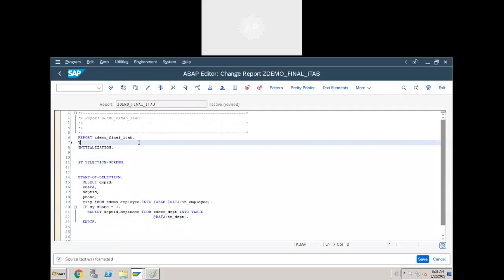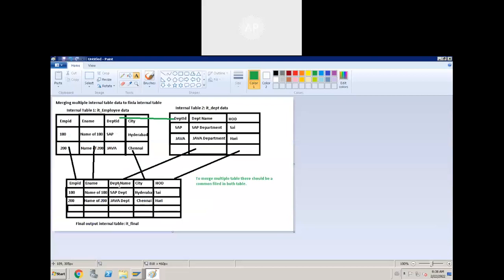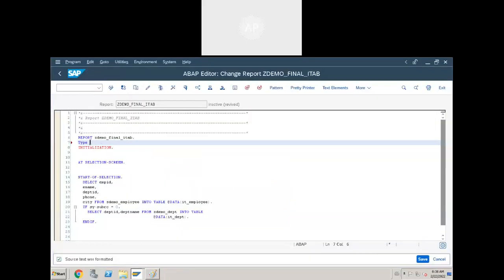We have to create a type structure, because we have selected some required fields from both internal tables and formed a structure here. We have created one customized structure here with our own required fields. For that, what we need to do? We need to create a type structure for the list of